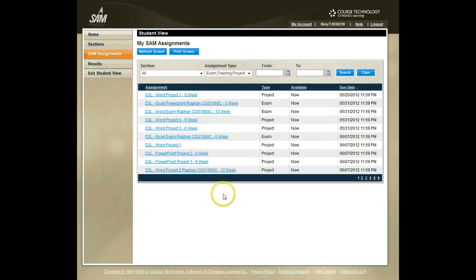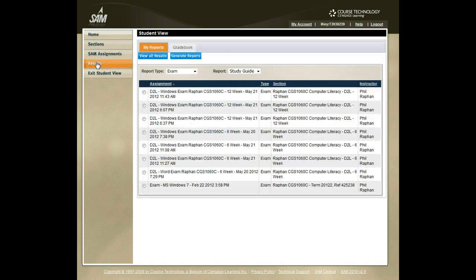Now it depends how fast the system is, whether this has had a chance to grade that assignment or not. So let's check. To check on the results, we go to Results. Click on there, and here you get a chance to pick the report type. This wasn't an exam, this was a project. Okay, so let's click on Report Type, and here